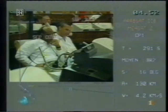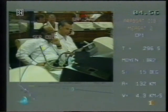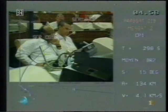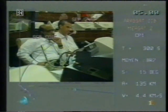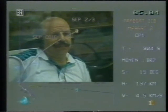Yes, our altitude is a little over 130 kilometers, and we have reached 4.3 kilometers per second speed. So the speed is quadrupled from when we just spoke about it a few moments ago. And now on the screen, where it says separation, the second and third, that's the second and third stage. Tell us, Measat, a bit about what we call the Spelda, which is a